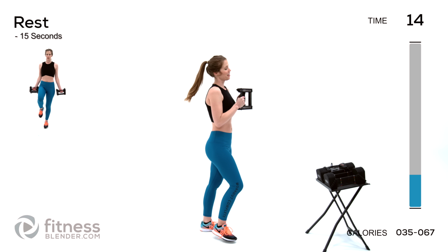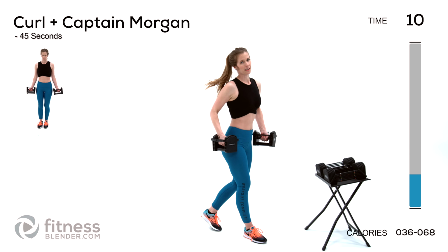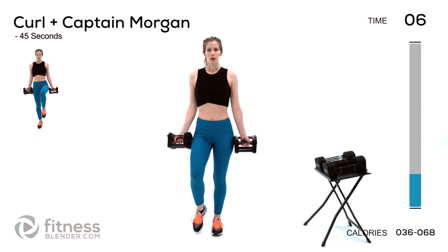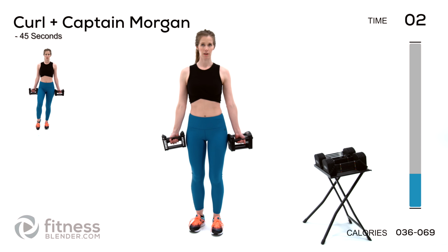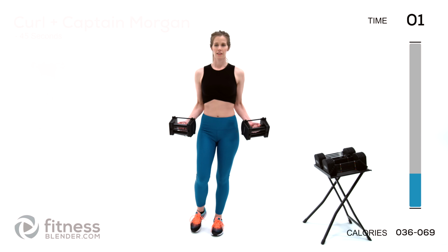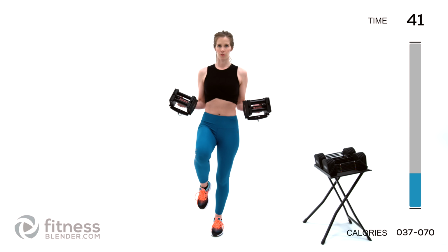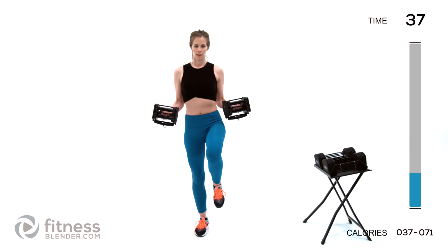All right, so next up, we're going to be doing a curl plus a Captain Morgan. So we're going to be adding in a little bit of a balance challenge to work the core as well. Like I said, you can always baby step it by just putting up one foot instead of lifting up your foot all the way. Otherwise, we're going to be curling and then down. We'll do 2 curls on each side before we switch. So lower back down. Now 1